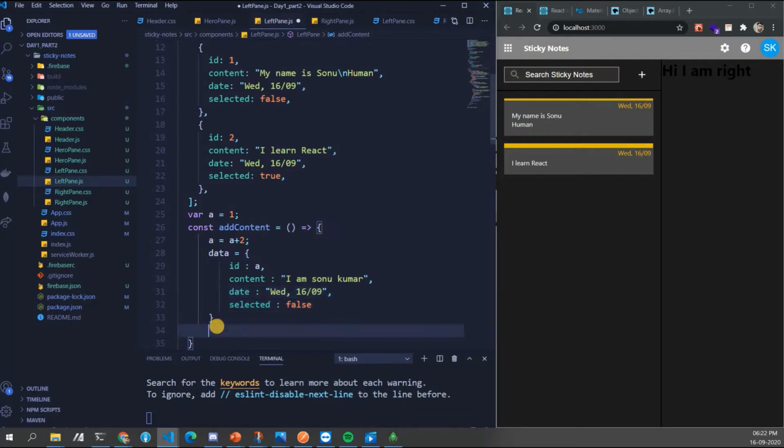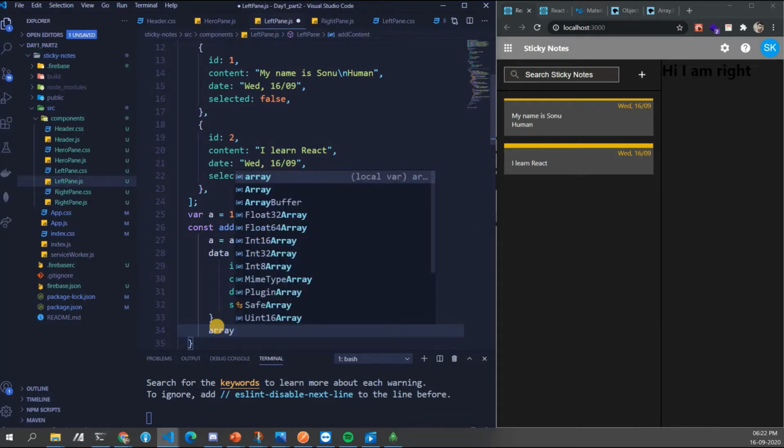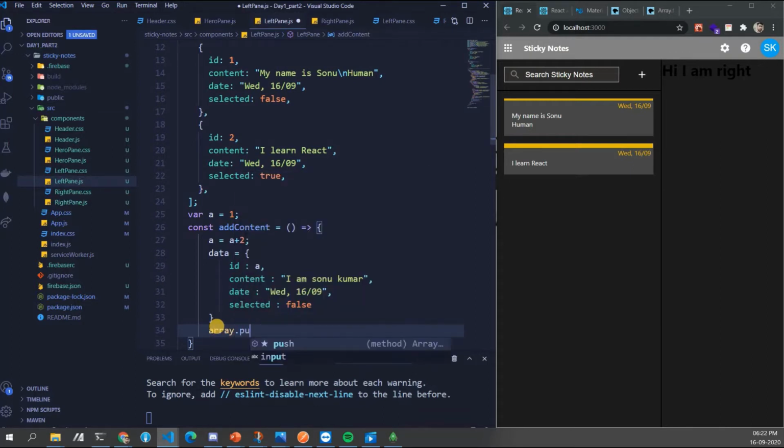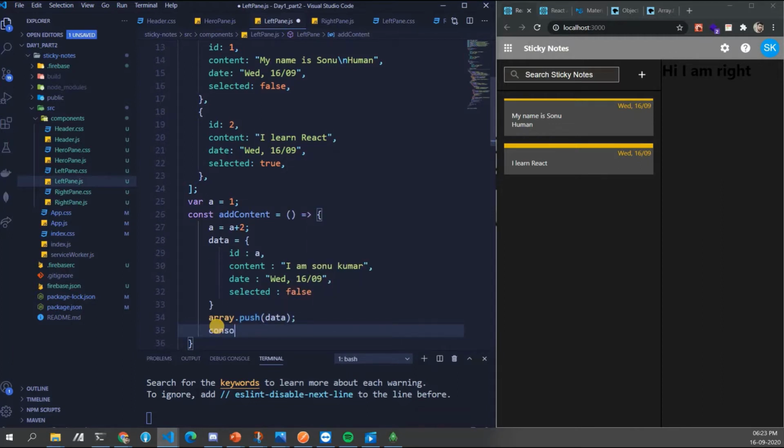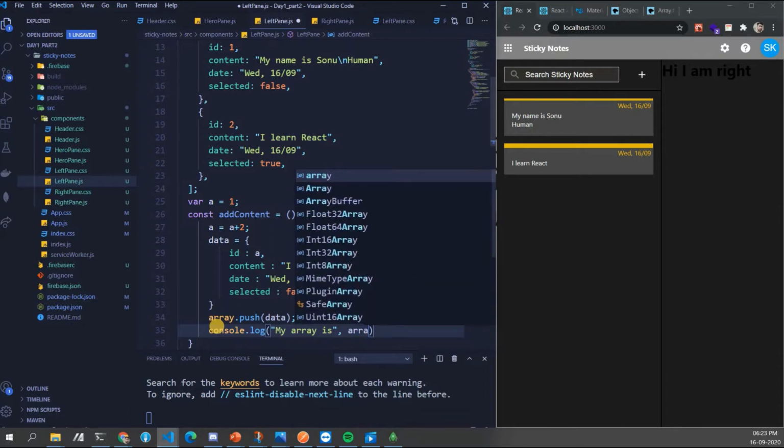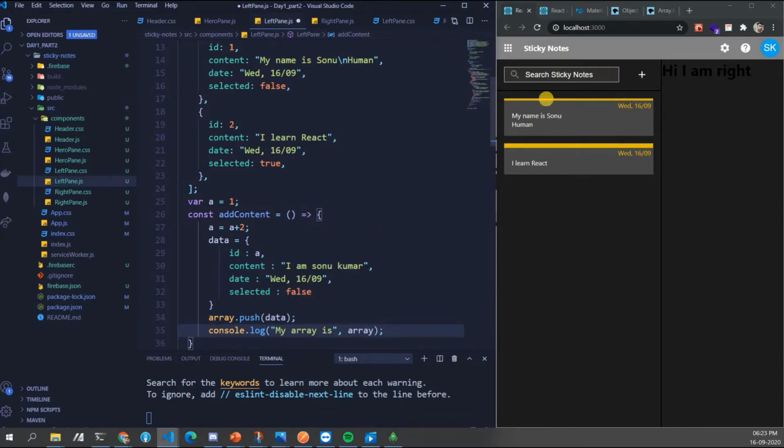So now data is this. Now just do array.push(data). And then also do console.log. Console.log, you guys know what it will do. My array is, it is a very important tool, guys, when you are developing and doing these functional things, to check whether it is working fine or not.